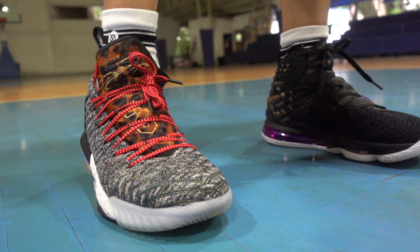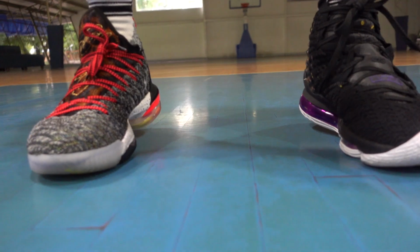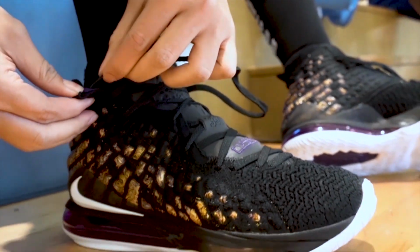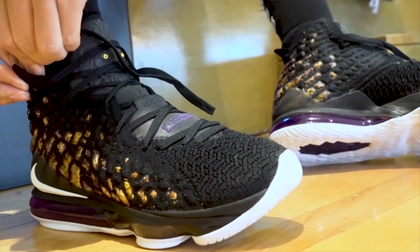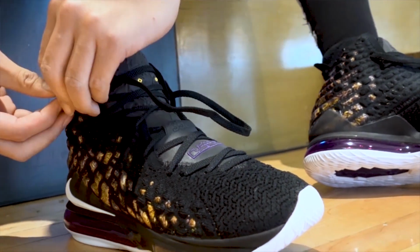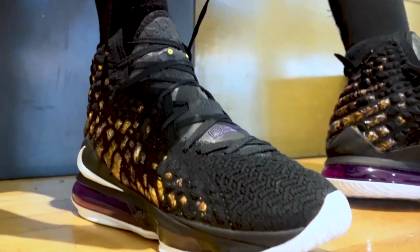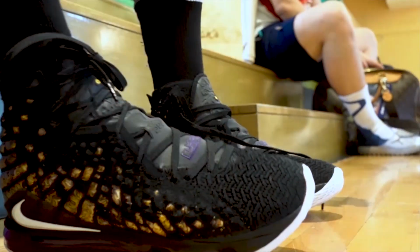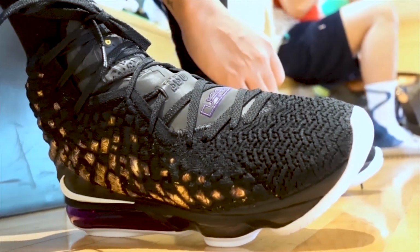The main difference that I noticed in the lacing system is the Lebron 16 is easier to wear compared to the Lebron 17s. You really need to loosen the laces of the Lebron 17 since it's a high. Another thing about the Lebron 17 is that this is a pro and con. It is harder to loosen the laces up, but when you lace up, it will never get loose, so you don't have to relace your sneaker when you're playing. So that's the nice thing about the lacing system of the Lebron 17s. And in terms of the